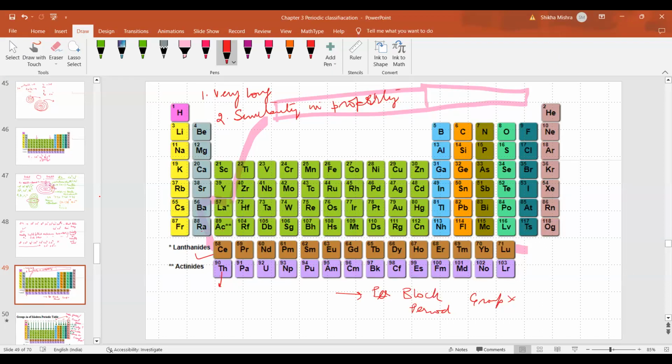They are placed there because yttrium and lanthanum show similarity in property. They have almost the same atomic size. Zirconium and hafnium, below titanium, 22, also show similarity in property. That we will deal with in class 12, in the chapter on d and f block elements. But for the time being, your question is valid.